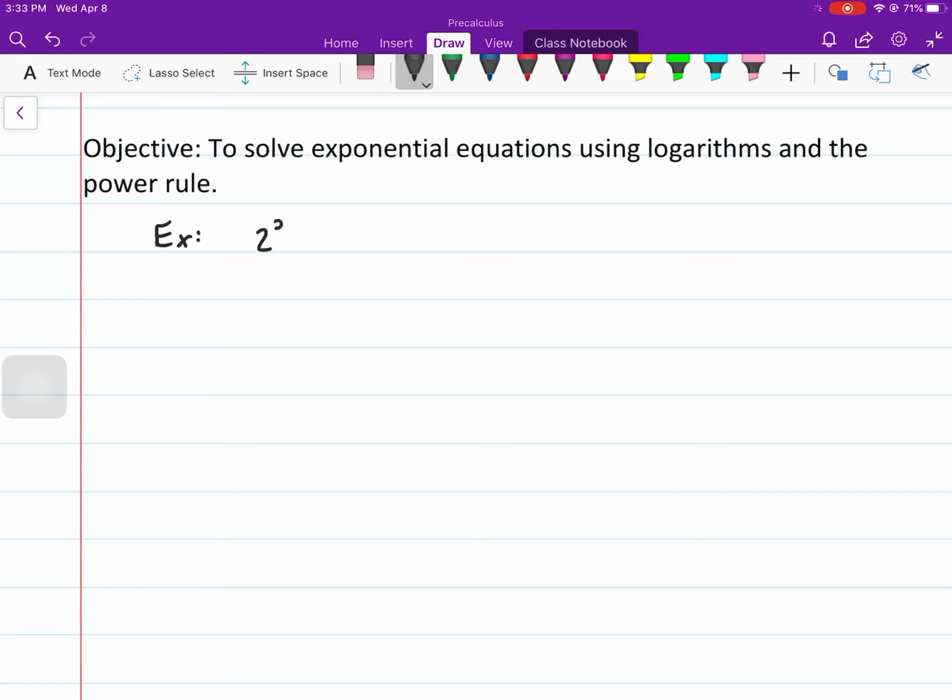So if we have 2 to the x equals 30. Now you can sit here all day, you can try to guess what in the world x would be, 2 to what power would be 30, and you would come up with a value, but it would take some time. So it's easier if we could solve this equation. So what are we going to do? Well, if you remember the power rule, if we can get this exponent to come down, then we can solve for x. So how are we going to do that? Well, in order to get the exponent to come down, what we're going to do is